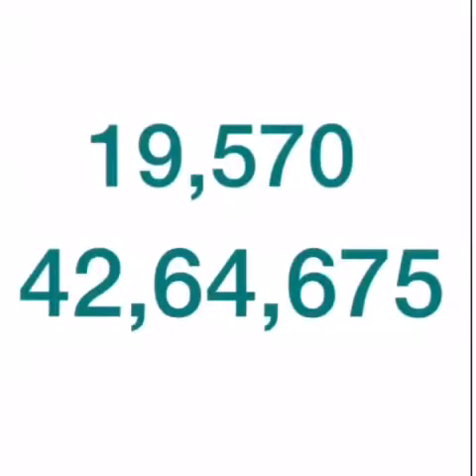So children, here we have two big numbers. The first is 19,570. Here you can see in the ones place it is 0. So without the long division method, you can conclude that 19,570 is divisible by 5. Another big number, 42,64,675. Here you can see that in the ones place it is 5. That means this big number, 42,64,675, is divisible by 5 without doing the division method.